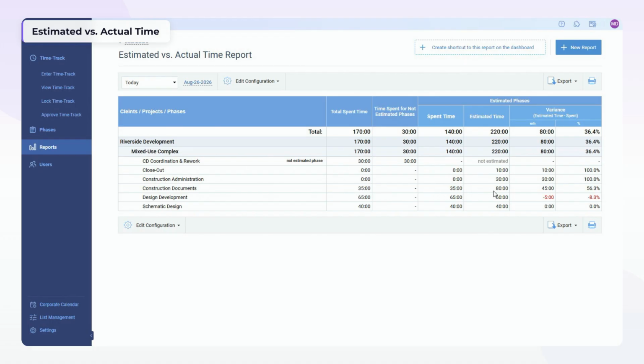Looks healthy. But here is what this report does not show you. There is another task, CD coordination and rework, with 30 hours on it, non-billable. Your real effort on this phase is 65 hours, and almost half of it earns nothing. That is scope creep hiding in plain sight. The time budget on construction documents is at 81% and climbing. The point is simple. You see the overrun while you can still do something about it, not 3 weeks after